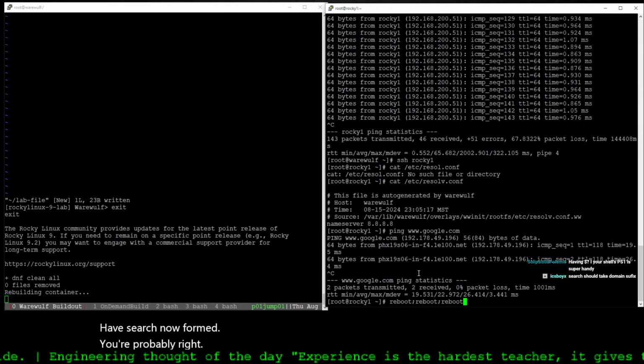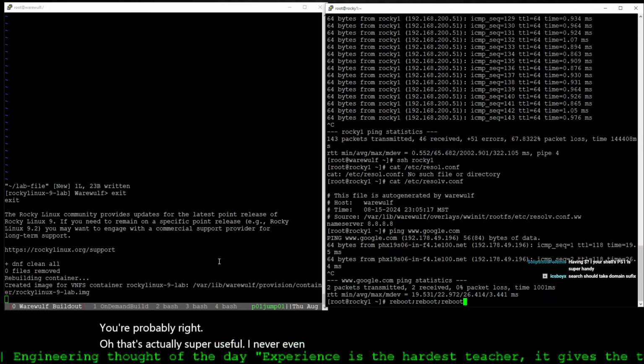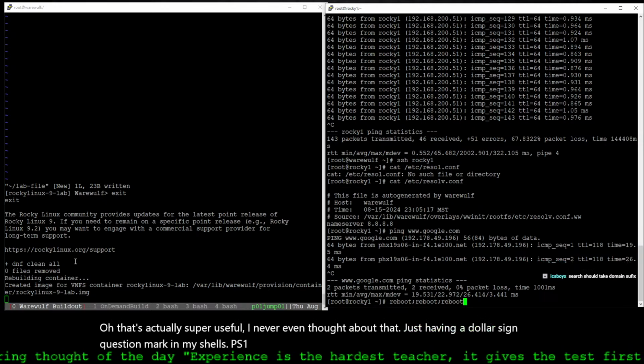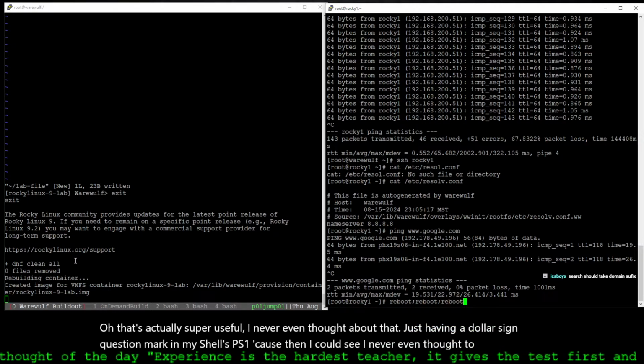Oh, that's actually super useful. I never even thought about that. Just having a $? in my shell's PS1, because then I could see. I never even thought to do that. That's actually